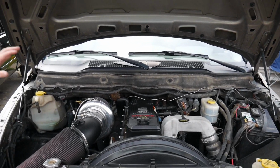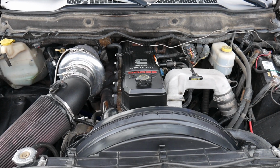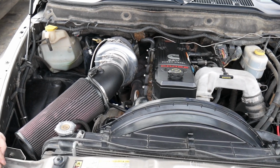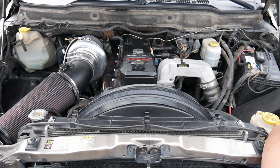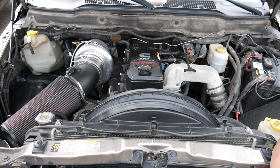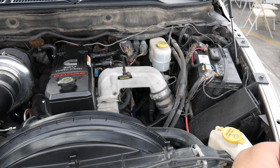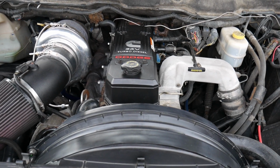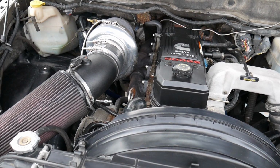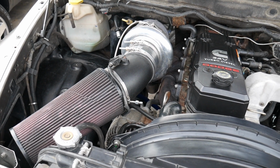His turbo setup is insane on there. But we want to talk about the tuning. Once you got into your tuning, what brand did you end up going with? Well, I got a hold of Derek Rose in Marine City, and he hooked me up with EFI Live. EFI Live is hands down the best tuning platform for your 06, 07 Dodge trucks. The truck literally tunes in about 5 minutes via laptop through an EFI Live